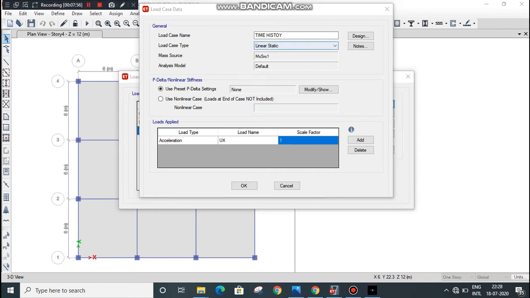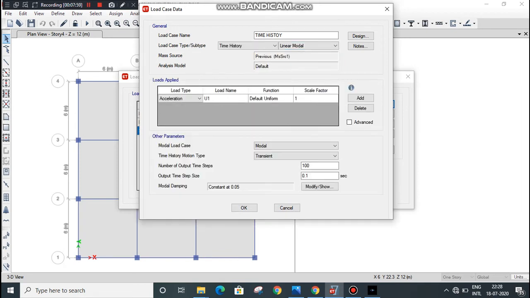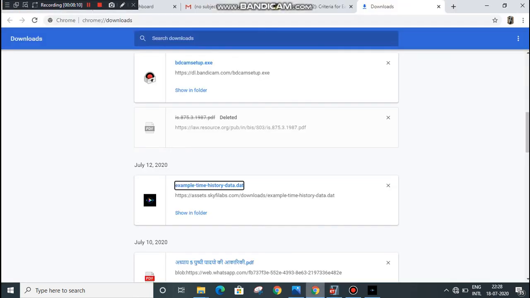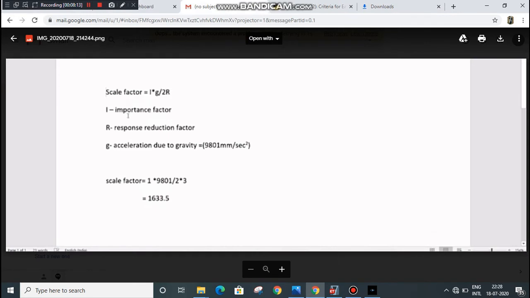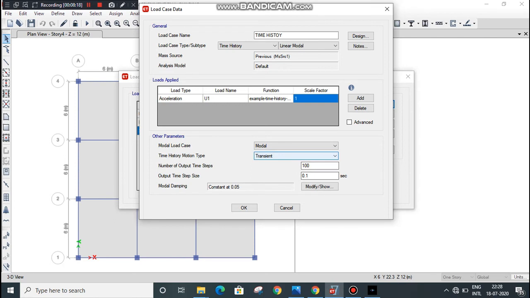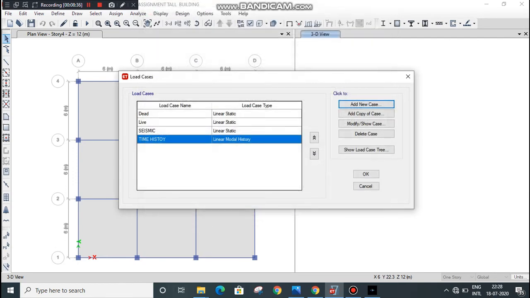First we select load case type as time history. Now load type as acceleration, function as example time history data, scale factor. Scale factor in our case is 1633.5. Rest of the parameters will remain same. Click on OK. Again click on OK.